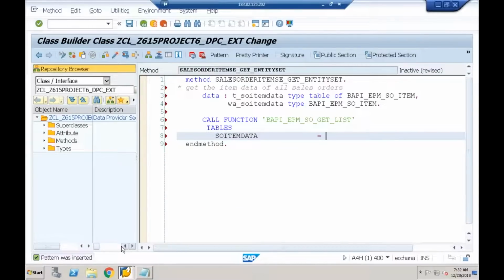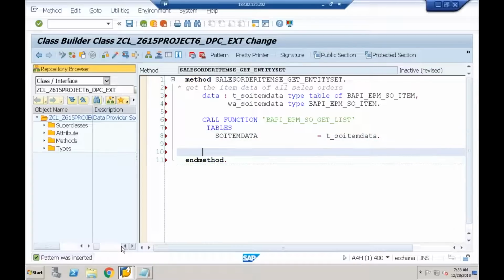SO item data equals the internal table I declared, T underscore SO item data. Done. Then if T underscore SO item data is not initial,